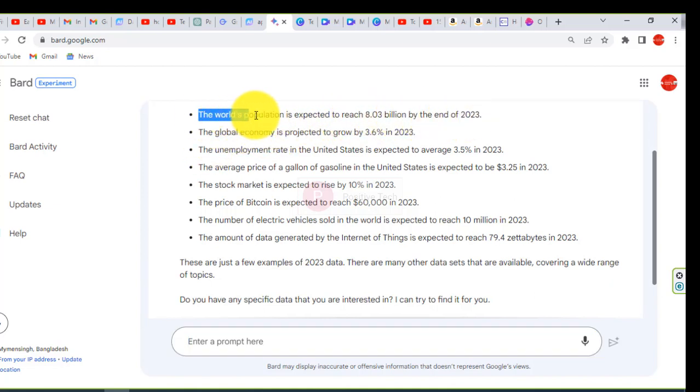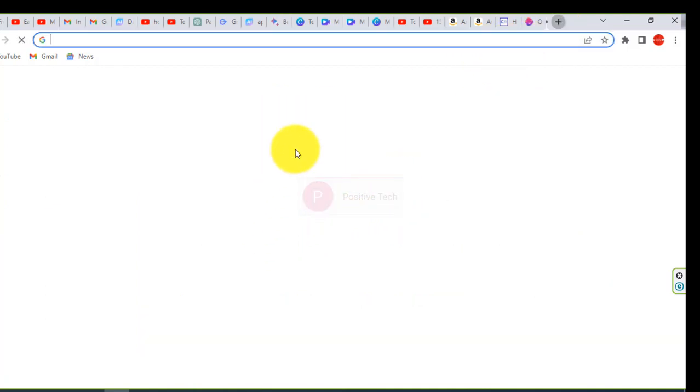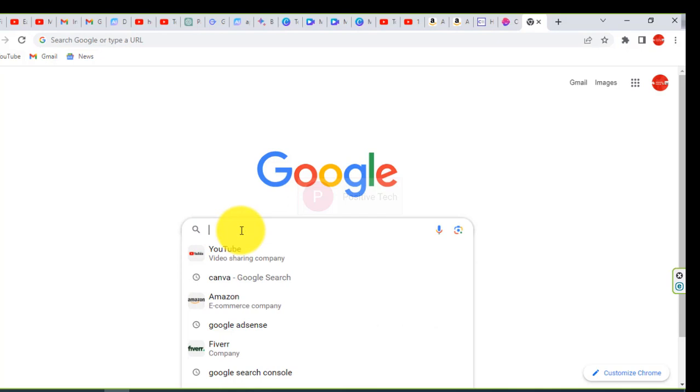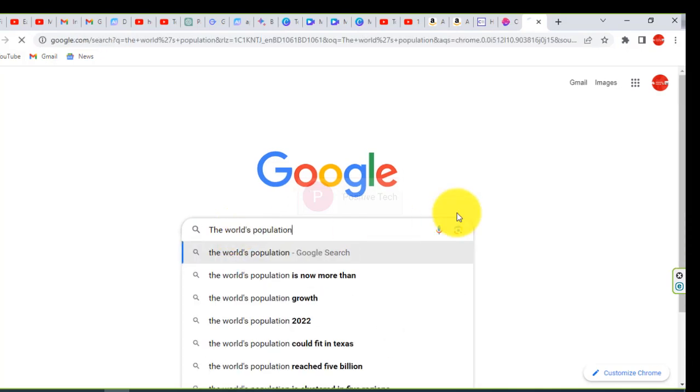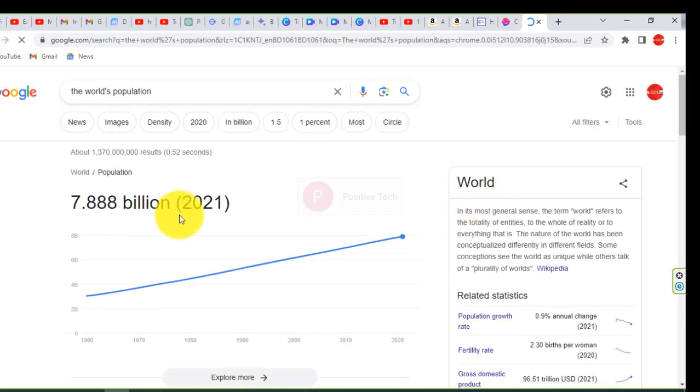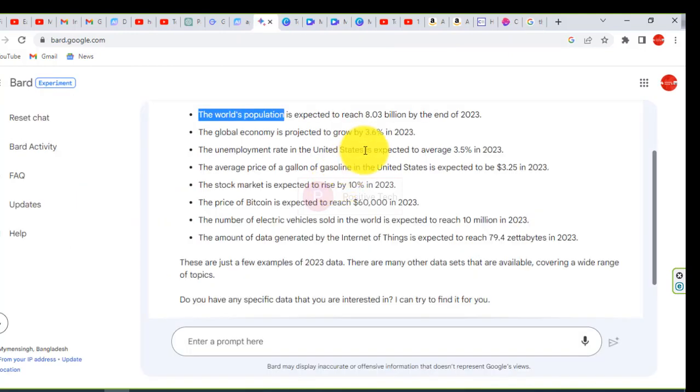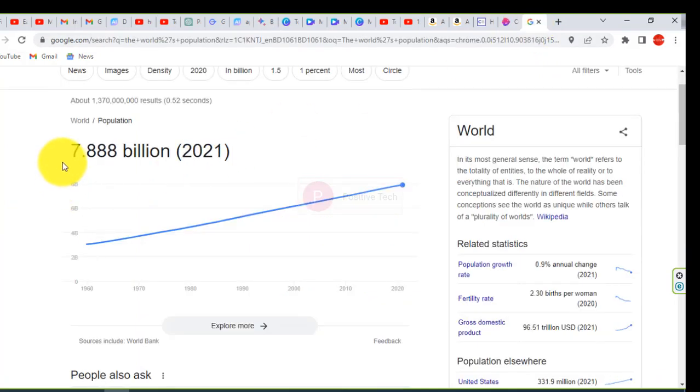So the world population, if you copy it and search in Google, shows 7.7, even 8.033. That means it's the same, 8 and 7.88, same to same.